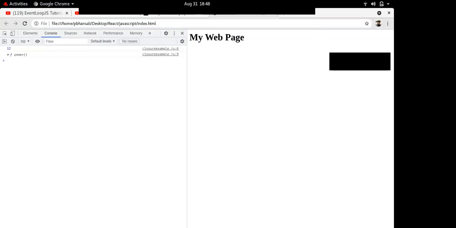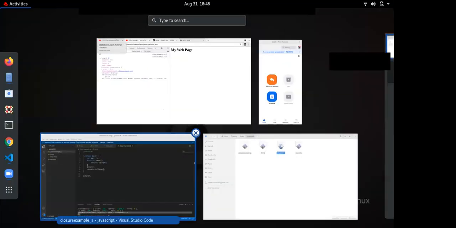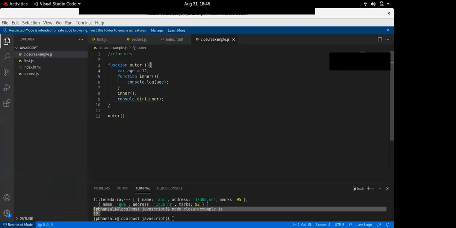So you can see the inner function. And when I go to the scopes, you can see something called closure, and inside closure, you can see this age. So your answer should be that inside the scopes of the inner function, this closure will be stored. It means this inner function contains this age variable inside the scopes. Inside the scopes, there is another object called closures, and inside that closure, this age is stored.